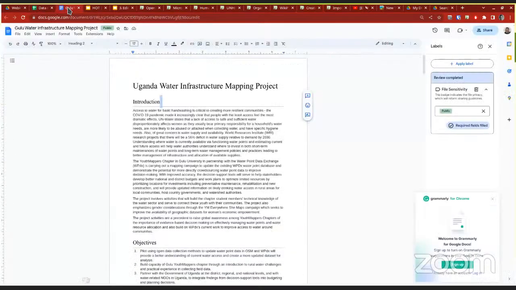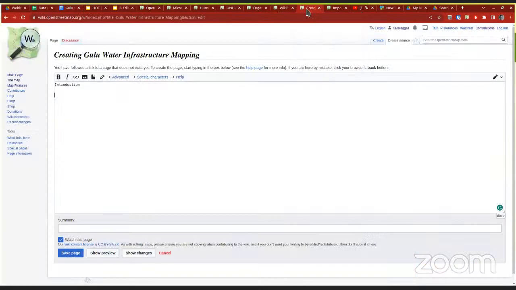Okay. I also want to add the objectives of my project. I also add the data model. So I'm just going to use these 3 sections as an example. So I know these are titles. So the way to write titles in here, and I just want to show you this quick, I can say